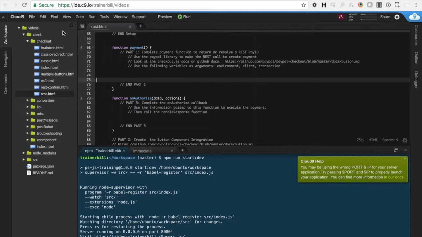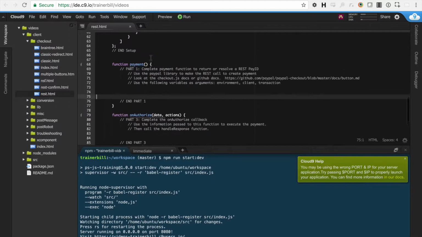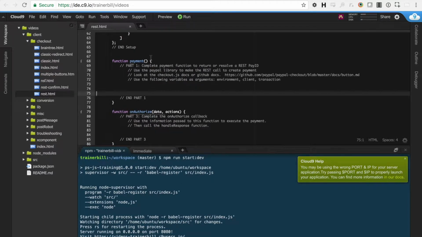So now if we open up client checkout rest.html, we'll see our file. And in part 1, we are completing the payment function to return or resolve a REST pay ID. Remember that payment always has to return or resolve some sort of a token. So we are going to use the PayPal library to make the REST call to create a payment. If you didn't do so, you should have gone to the GitHub docs listed here to see how they are currently doing the